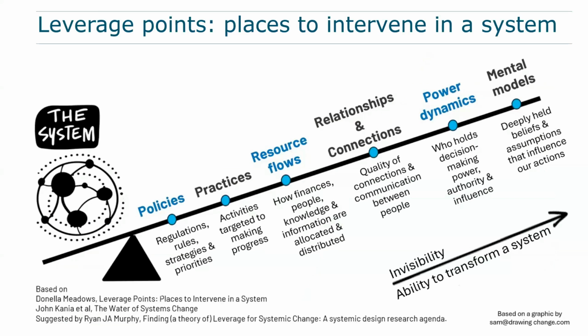Another way to think about how to change a system is leverage points. So it's places in a system that we can intervene. And you can see some of these elements of this triangle back here. And we can see that the more we go to the right side, the more leverage we have to actually change the system. So these mental models, even though they're very hard to change, they might have the biggest impact